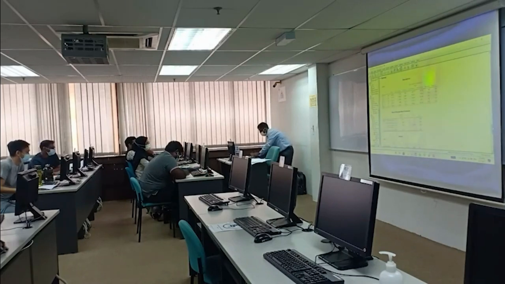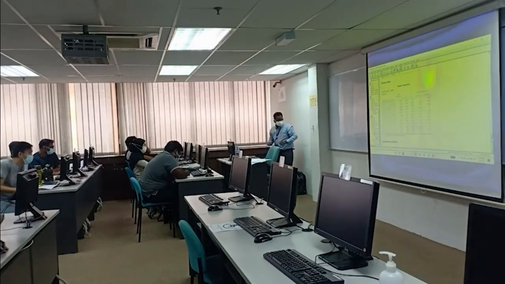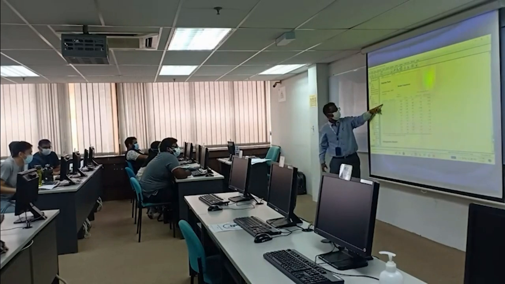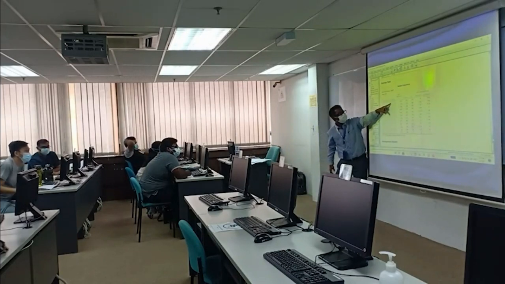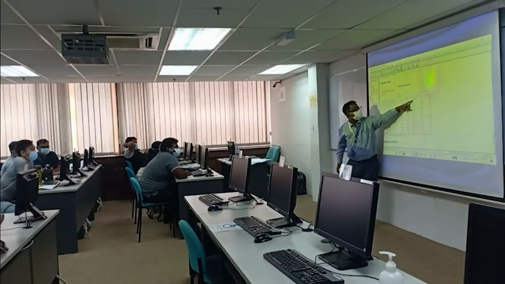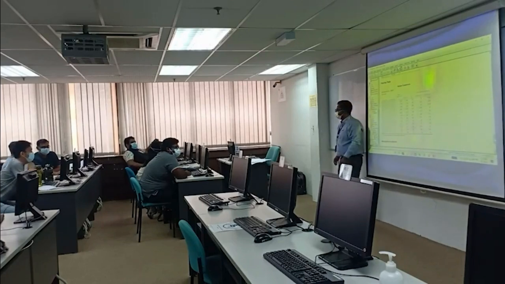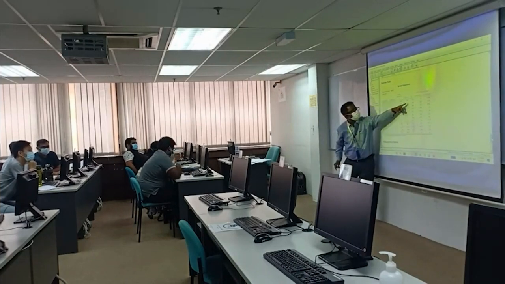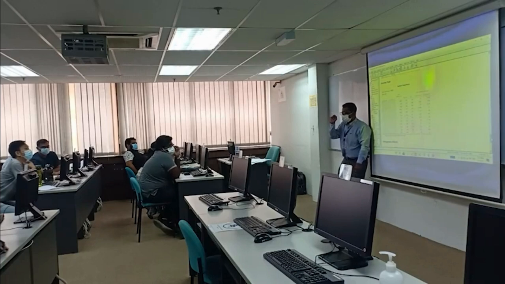You are getting Levene's test of homogeneity of variance. ANOVA test shows that there is significant difference between different departments. Look at Tukey test, that is multiple comparison. What is the finding in multiple comparison? Between department 1 and department 2, there is significant difference. You know that? Between department 1 and department 2, there is significant difference because it is 0.033, less than 0.05.